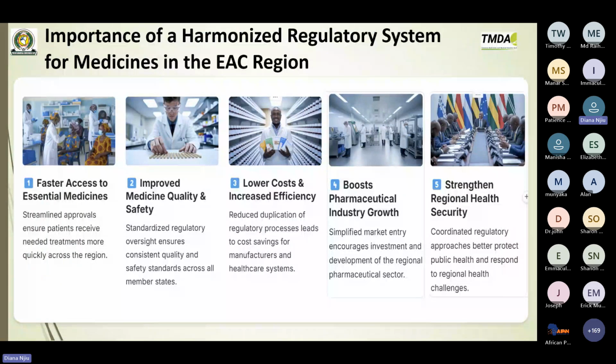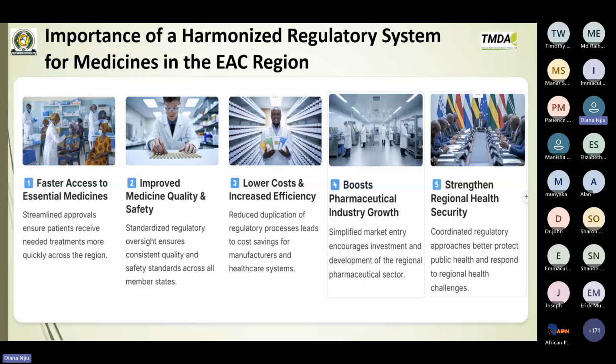So as we have said, this route has so many importance, but some of them is to ensure that there's faster access to essential medicines. As we know, each country has its essential list of medicines. So first of all, as a goal, we should ensure that all the essential medicines are available. And this route can be fully utilized to facilitate that, to improve medicine quality and safety,